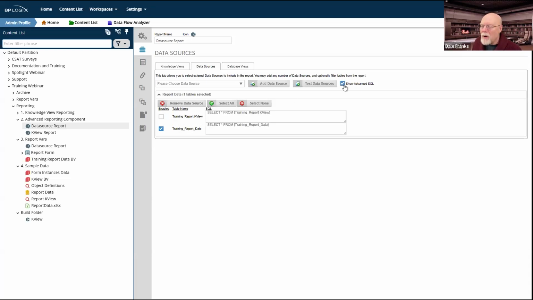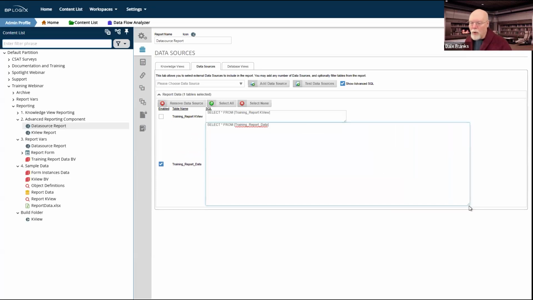However, with the Show Advanced SQL checkbox, I can do a lot more. When you turn on Show Advanced SQL, you can actually go in and begin writing whatever SQL statement or stored procedure you need, as long as it's accessible for that object. In this case, this just happens to be a table. So I would generally write a select statement, but you can do all of the concatenation that you want and all of the grouping that you want, right here directly from SQL.